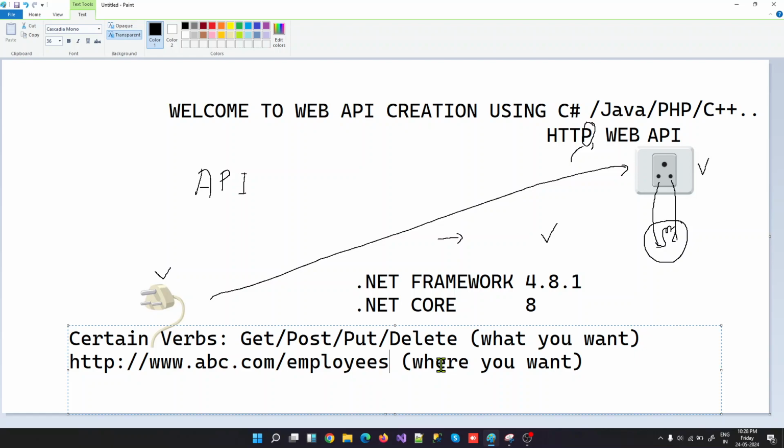Maybe some employee. Let me have it like employee. So that would be good. Like I have this URL, which is employee, and you just would like to get one employee. Now, you might have another thing which is very important, which is you might want to send this API some of your request parameters. That is, okay, you want to get employee, but which employee, right? The employee should have some employee ID, right? So now add to your bucket, there are three things. First, what you want, where you want, and whether you want to, now this is optional, the third one is optional, whether you want to pass